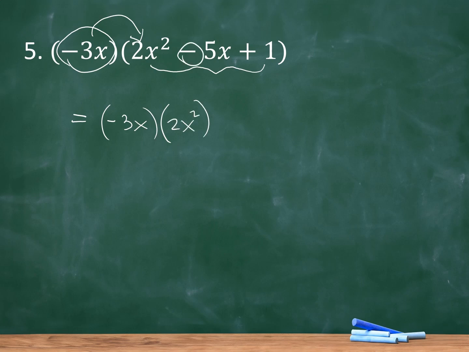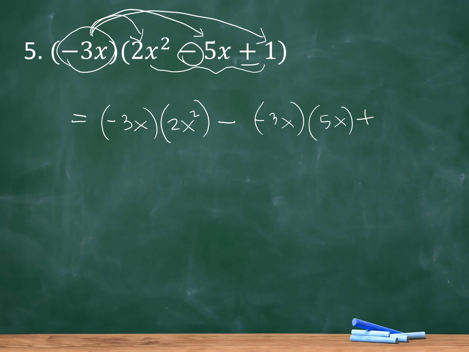Then we have a minus, so right here minus, and then negative 3x times 5x, and then we have plus, so right here plus, negative 3x times 1. Let's write here negative 3x times 1. So now we multiply negative 3x times 2x squared, negative 3 times 2, that's negative 6, x times x